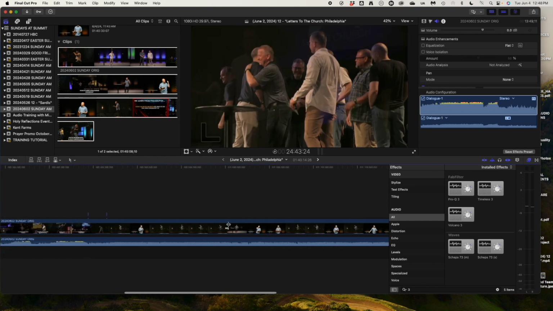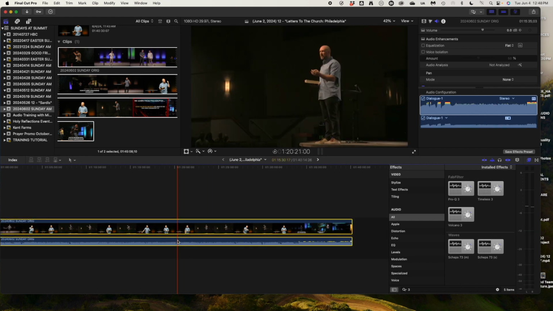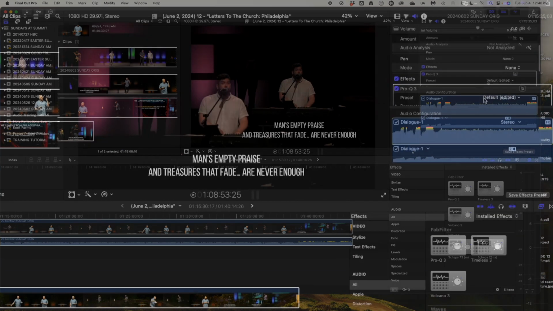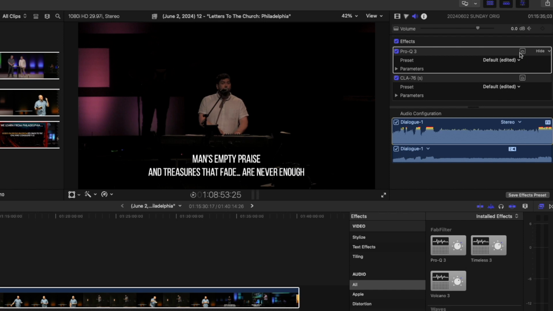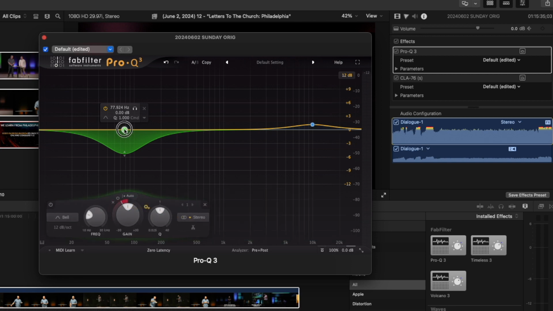We did some compression. I actually got into the last section of worship, and I found that the bass would sometimes really jump out of the mix, and so I threw in one of my favorite EQs, this Pro-Q 3. And what I love about it is you could either just attenuate the frequencies in a particular range. In this case, things around 80 hertz were really boomy in the bass, but I didn't want to just notch out 80 hertz for parts of the service where the bass wasn't overbearing, so I used dynamic